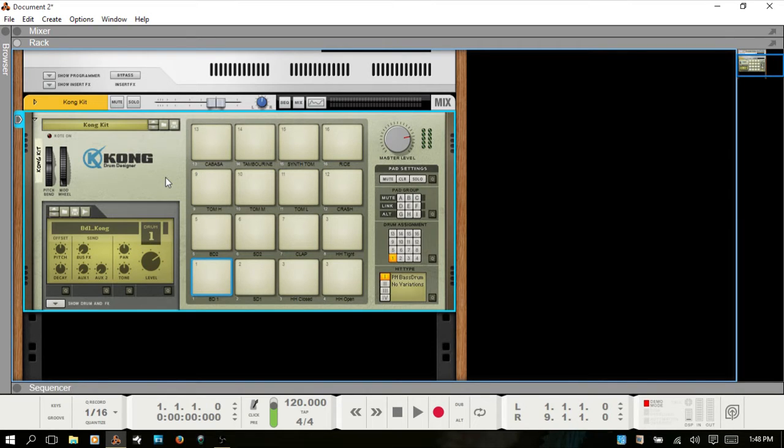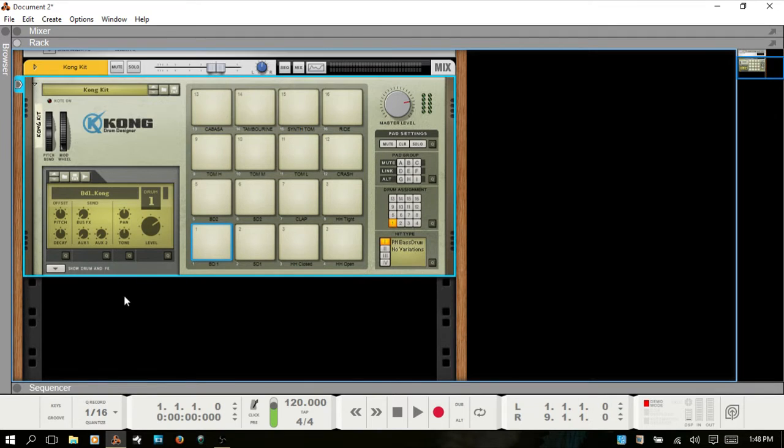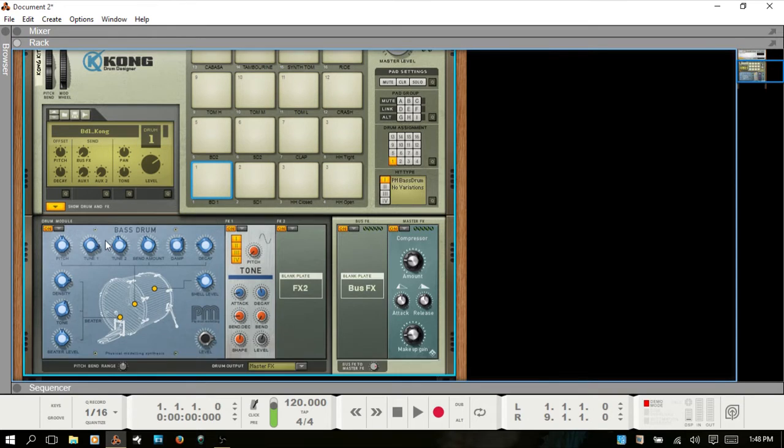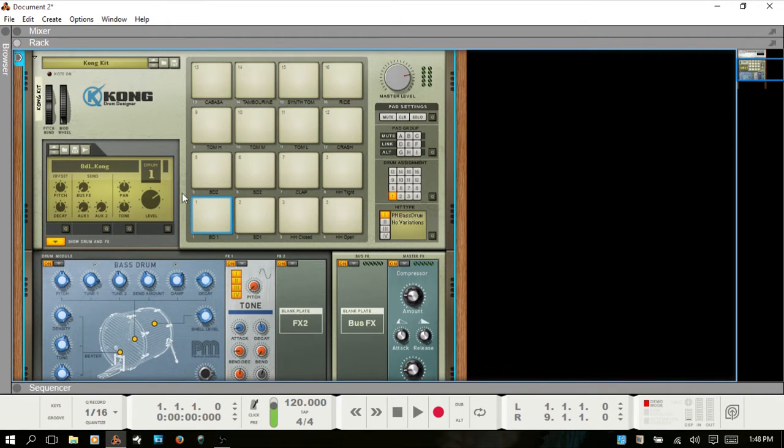So in this part 3, we're going to be talking about the drum and effects area of Kong. So let's go ahead and show that. You just click the down arrow to bring that up. When you are working with the 16 different pads here and you have drum sounds assigned to these, essentially what's happening is you have different modules in the drum and effects area that supply the sound to the